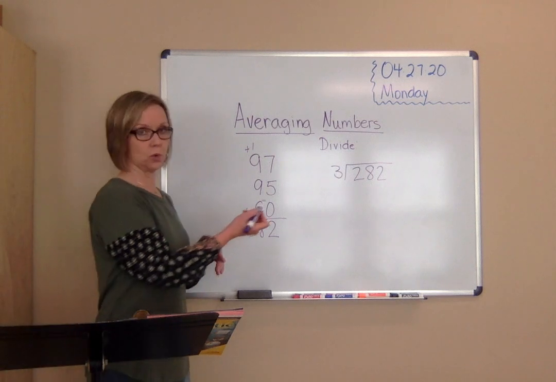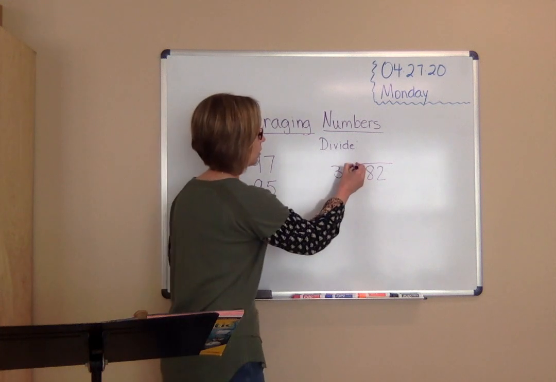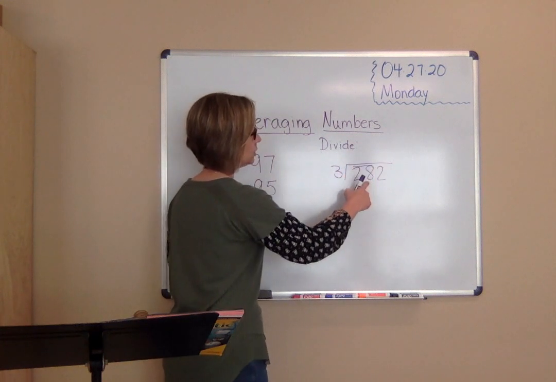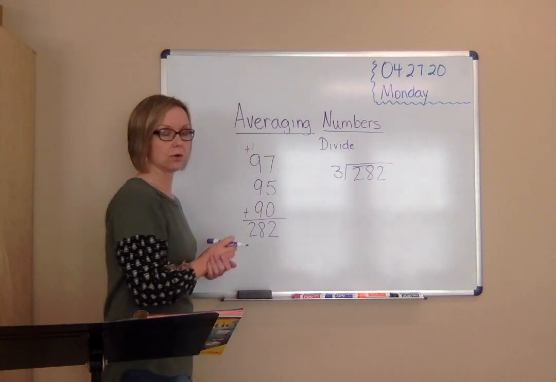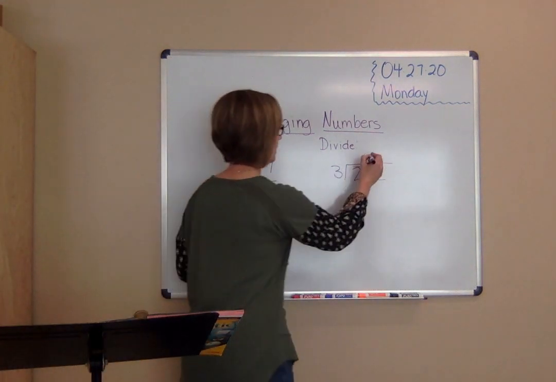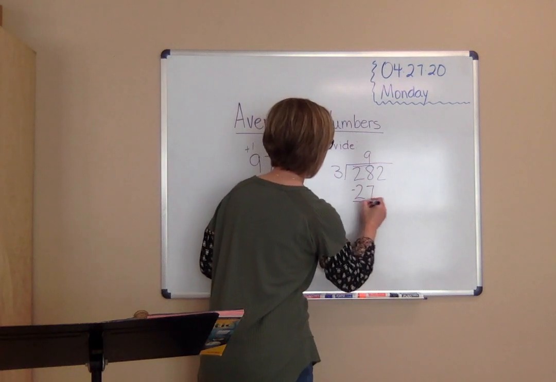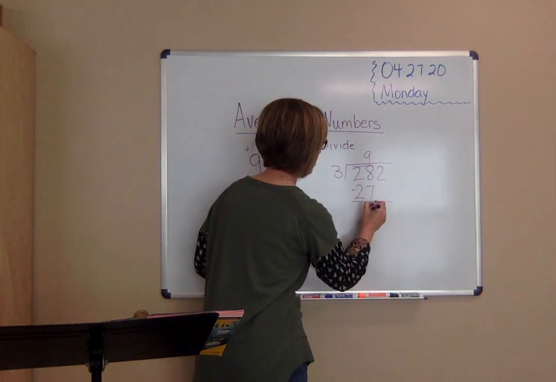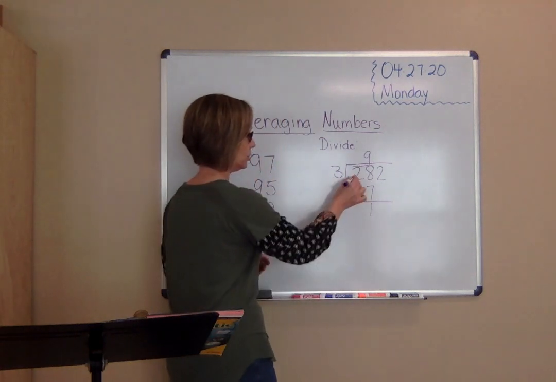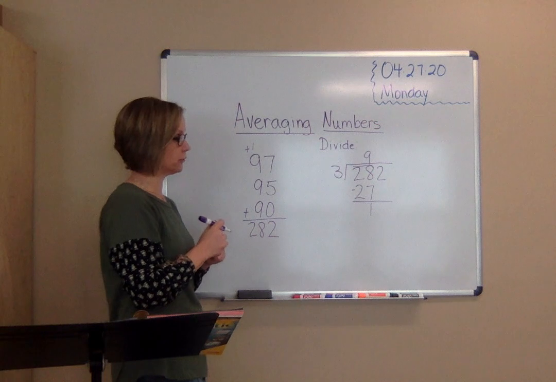So let's go ahead and work. If you want to do the 0 step here, you can. That'll be fine. But we want to work with 28. 28 divided by 3, how close can we get without going over? 9 times 3 equals 27. We subtract, 8 minus 7 equals 1. 2 minus 2 equals 0. I'm not going to put that there. It gets to be too many numbers for me.